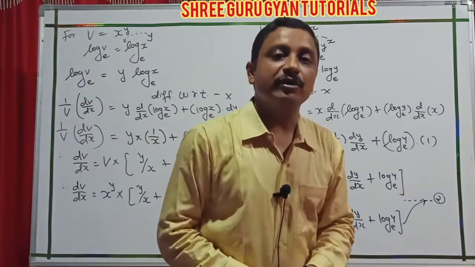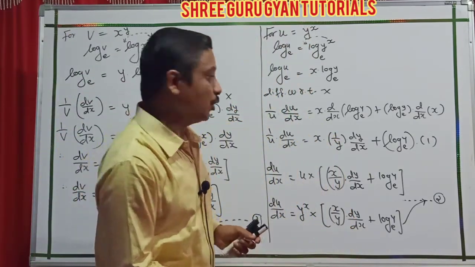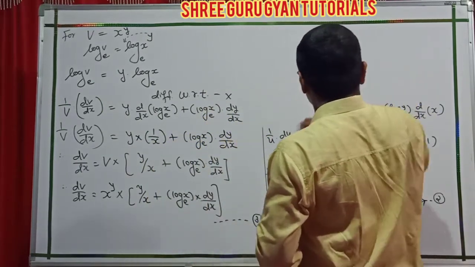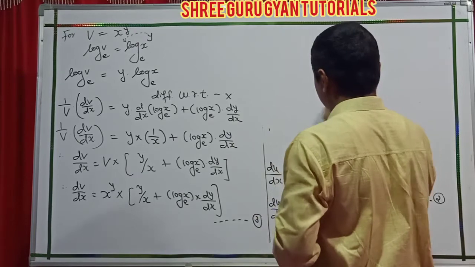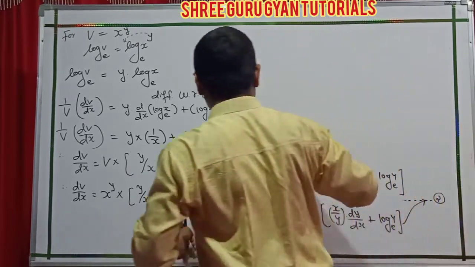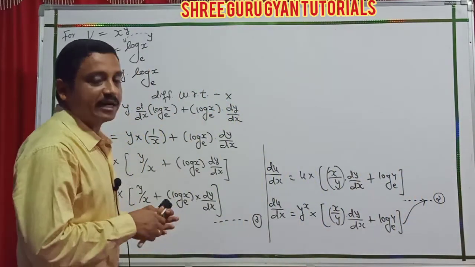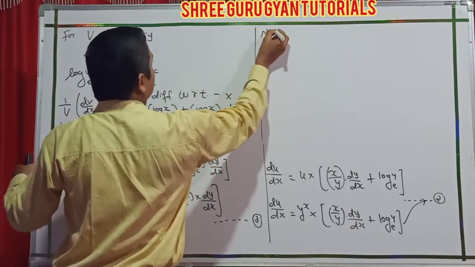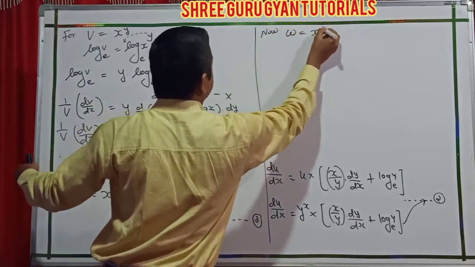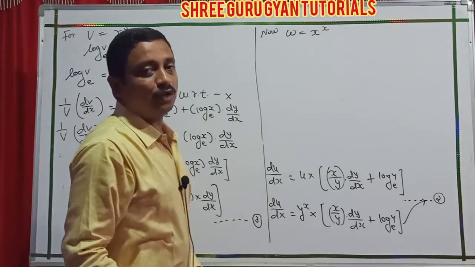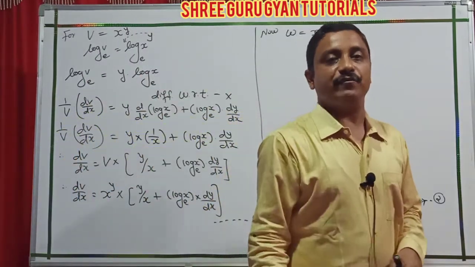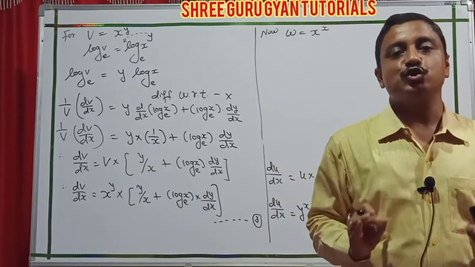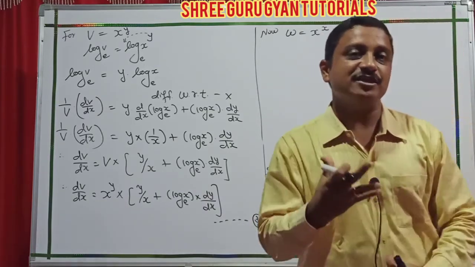Now I start our third case. It is w. W is known already. What is the value for w? Yes, the value for w is x raised to x. So I start that w. Now the third case, it is x raised to x. I think you know, students, the x raised to x derivative: x raised to x into (1 plus log x). But in the exam you necessarily show the proper derivation.